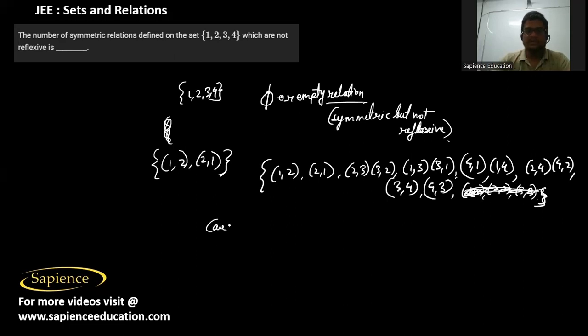So in case 1, we can take 1 comma 1 or 2 comma 2 or 3 comma 3 or 4 comma 4. So here we have 4 options: 1 comma 1 or 2 comma 2 or 3 comma 3 or 4 comma 4. Any one of them we can take in 4C1 ways. And